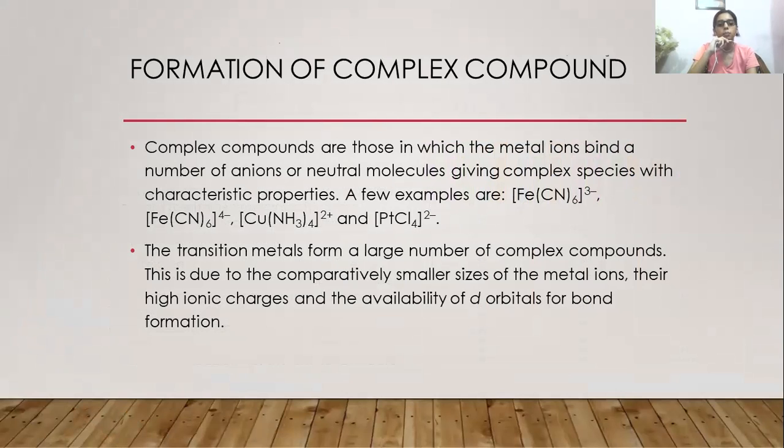Formation of complex compounds. Complex compounds are those in which the metal ion binds a number of anions or neutral molecules giving complex species with characteristic properties. A few examples are listed. The transition metals form a large number of complex compounds. This is due to the comparatively smaller size of metal ions, their high ionic charges, and the availability of d orbitals for bond formation. Next,